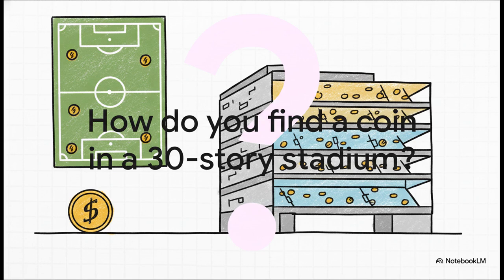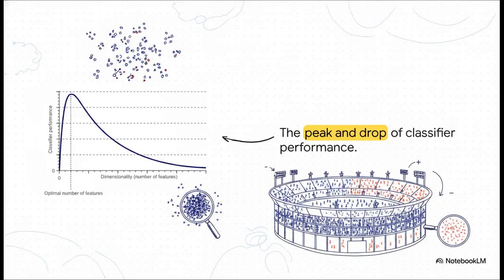Definitely harder. Okay, now imagine a 100 by 100 by 100-meter space. Your football field now has a 30-story height. Good luck finding a single coin in all of that. This exact phenomenon is what data scientists call the curse of dimensionality. Because as you add more dimensions, which in machine learning just means adding more features or variables, the density of